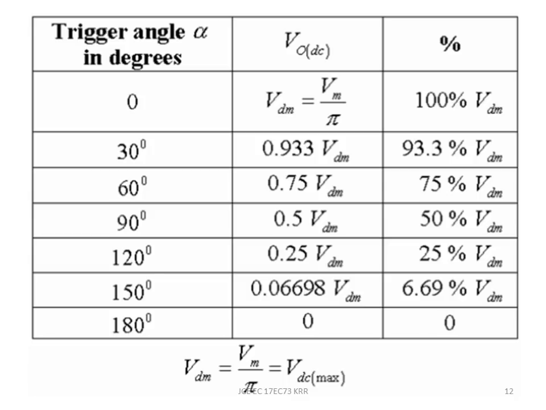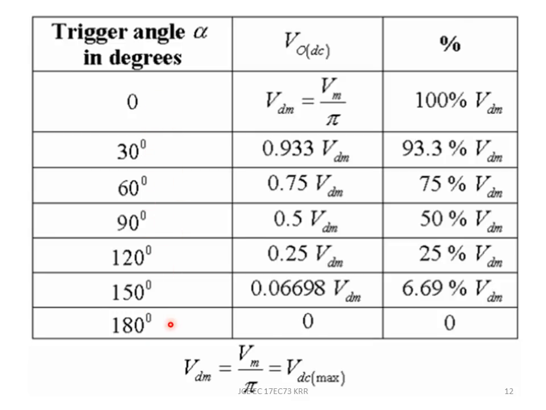So this is the table that we have put across, where the first column tells you the firing angle in degrees. The second column is the output voltage evaluated using the formula that we just derived in the previous slide. And this is the percentage output that we get with respect to the firing angle. So we know that alpha can be varied from 0 to 180 degrees. So we have plotted alpha at an interval of 30 degrees, right?